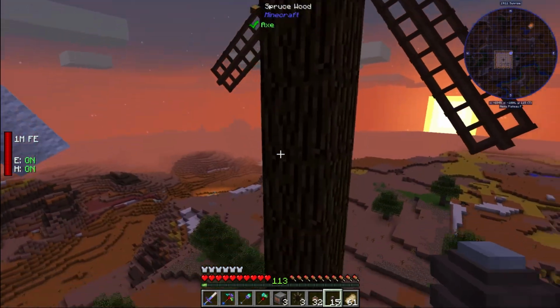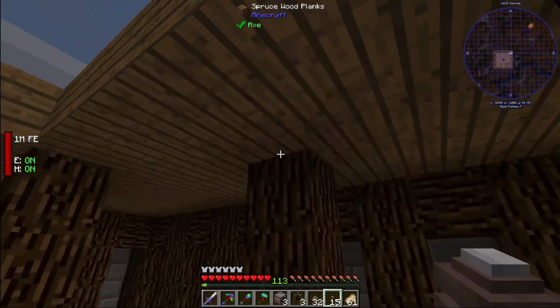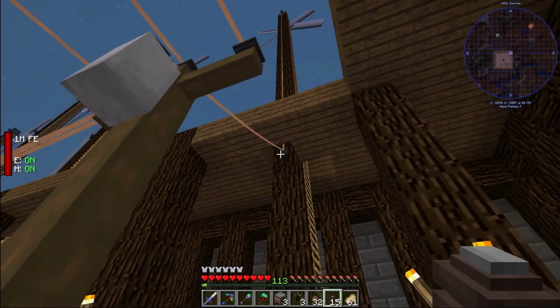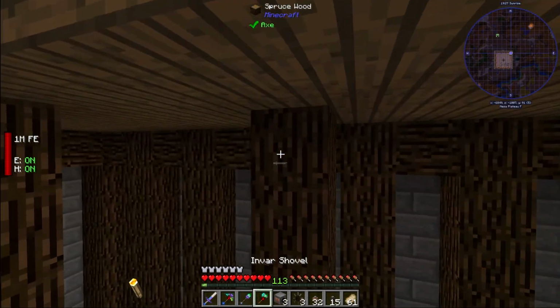There we go, we have a connector, and I'm going to go all the way down to here, and we're going to place a battery, same as what we did over here. Do I not have... I didn't place a battery here? Well, whatever. What we're going to do is we're going to chop this down,